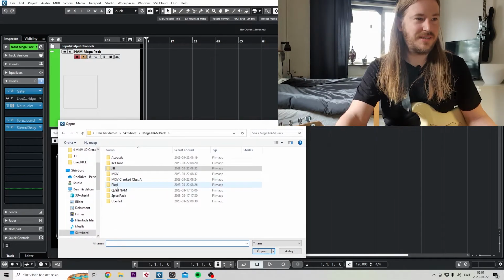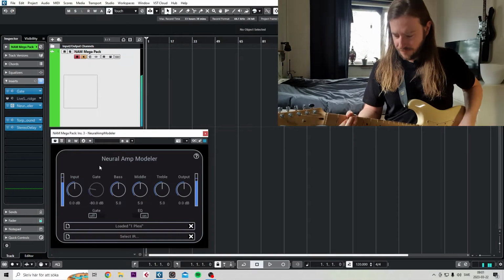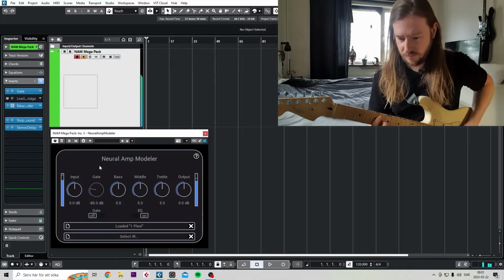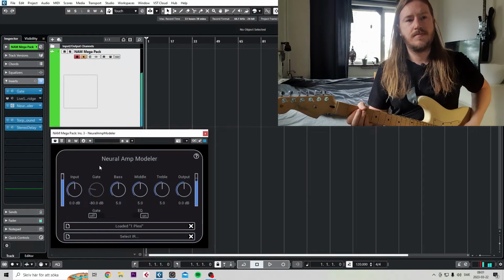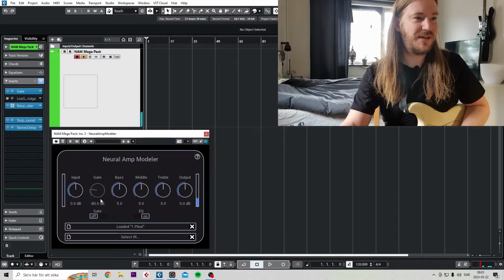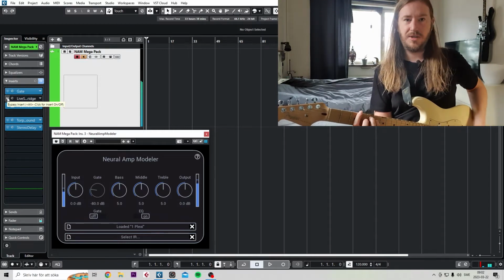So the next one is the Plexi. Very cool. So let's dive right in. Let's have a look. Of course, cranked. That's what you have to do on a Plexi. This one needs a boost, or at least I think so. I mean, you could go really clean, turn down the volume on your guitar and like get...